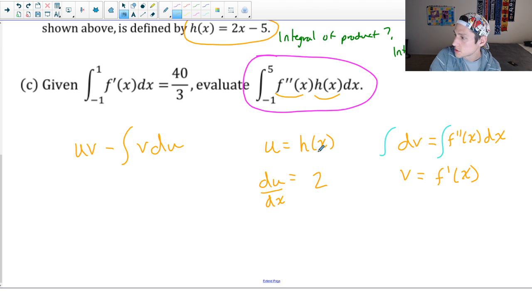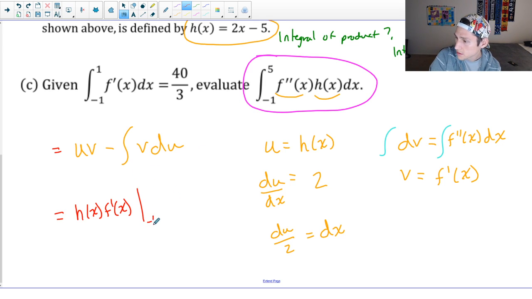So du dx equals 2, because h prime is just 2. I'm going to move the dx over to the right, and I'm going to move that 2 over to the left. Now let's plug everything into our equation here. So this integral equals this, which equals this. So u times v, h of x times v. So h of x times f prime of x, and that's evaluated on our bounds, so -1 to 5,